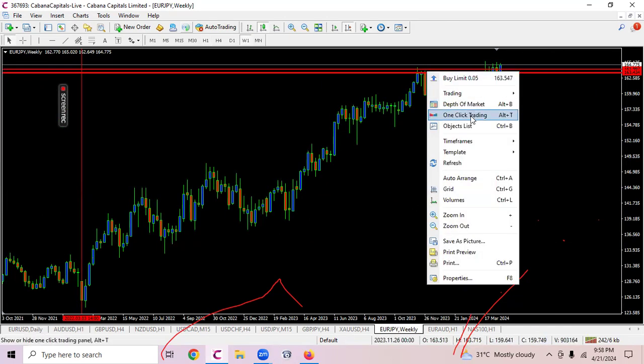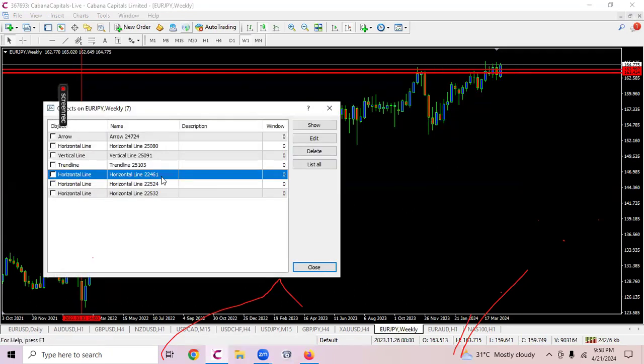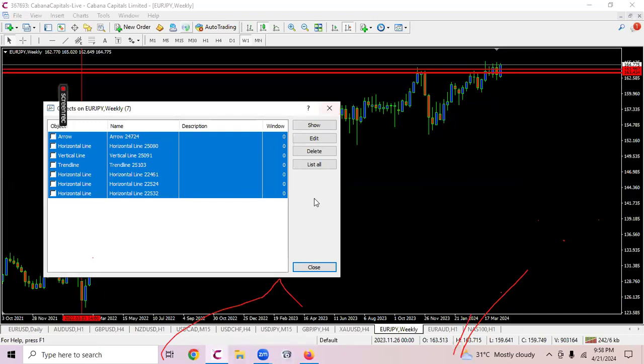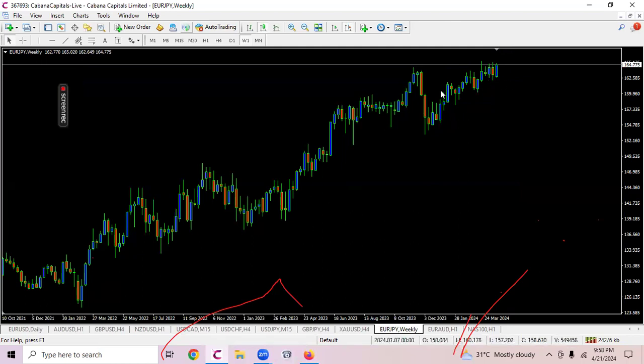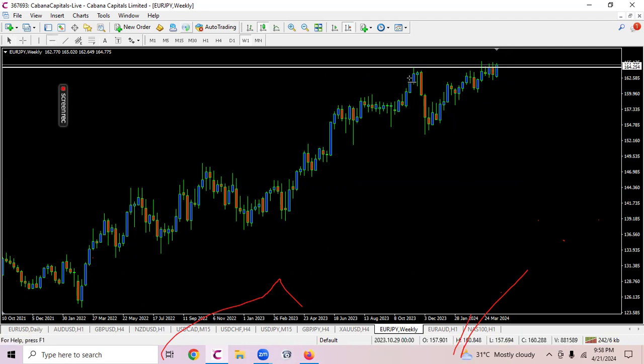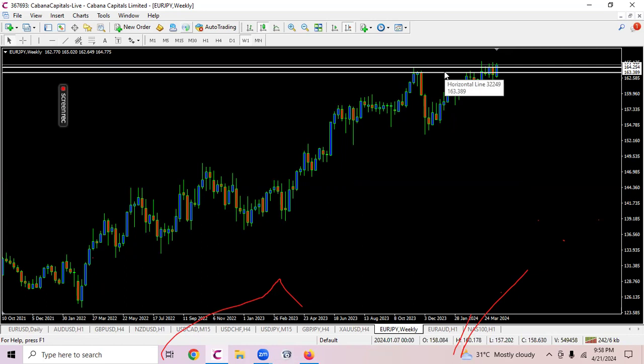Okay, whatever our bias on Euro JPY is, we can apply it on GJ and UJ. They are positively correlated. Going by how last week's candle closed, there's a strong indication that the buyers are still in control. We had a resistance zone that was broken last week. Strong indication. For the past 4-5 weeks now, you can see Euro JPY has been in a range on the